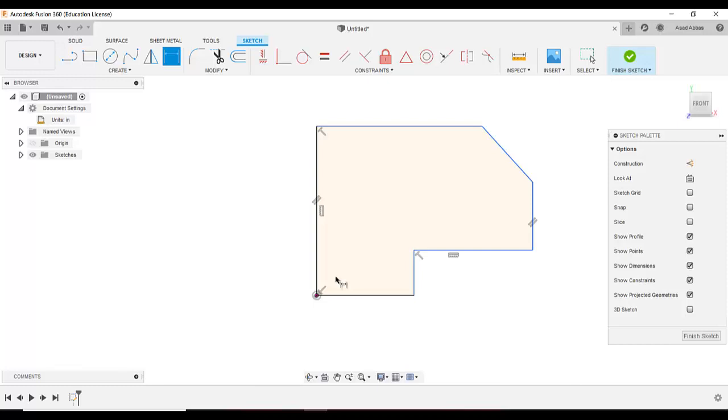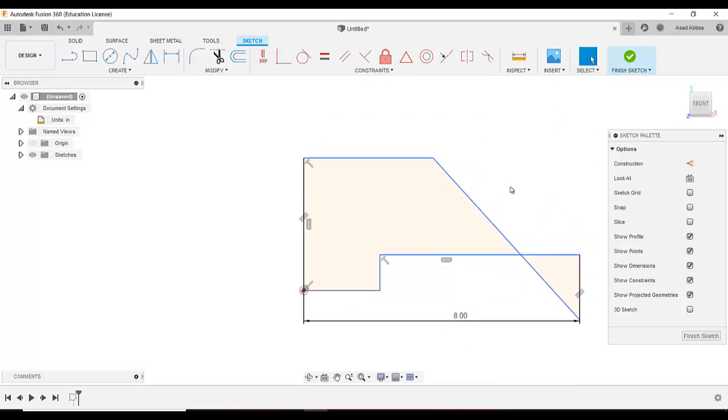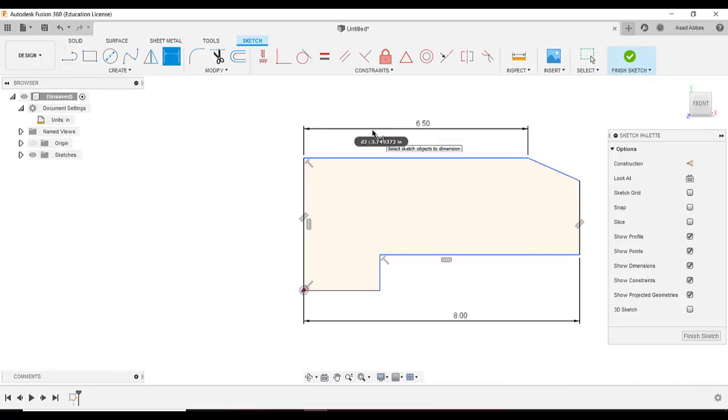So the dimension from this point to this point is given as 8 inches, and it will make our sketch explode. We just need to drag this and move it forward like that. Okay, and then again create sketch, and this dimension is 6.5, and the dimension from here to here is